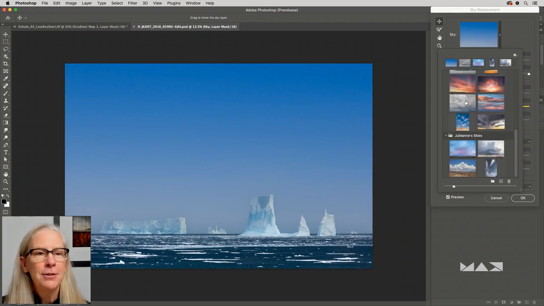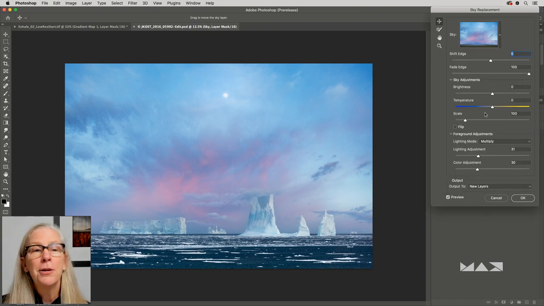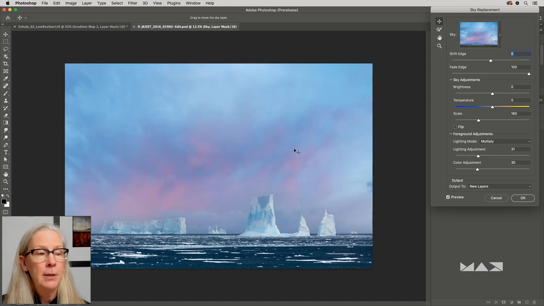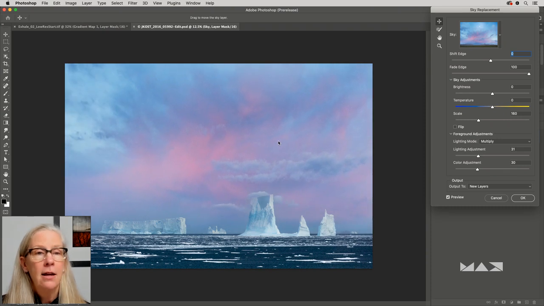So let's return to the one that I loaded. And this is just my sky. You can load your sky by clicking the gear icon and then getting a new sky. You can create groups and put your skies in groups and everything. But one of the coolest things you can do is scale the sky, right? As big or as small as you want, and you can reposition it. And as you do that, Photoshop is actually going to change the lighting adjustment and the sky adjustments up here and make it blend and add some of that color into the foreground element.